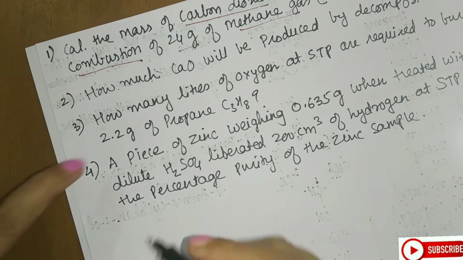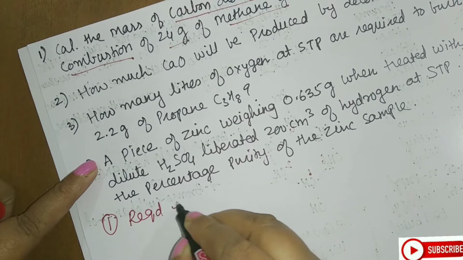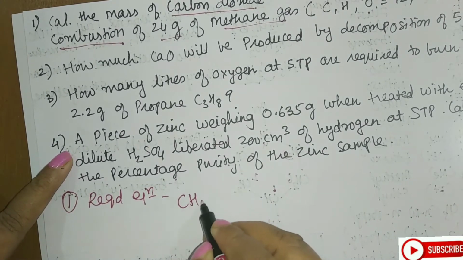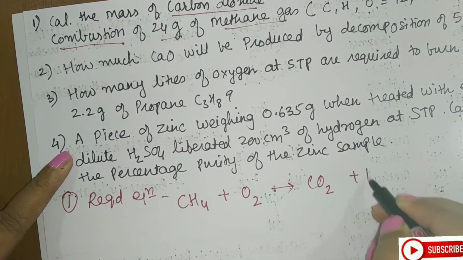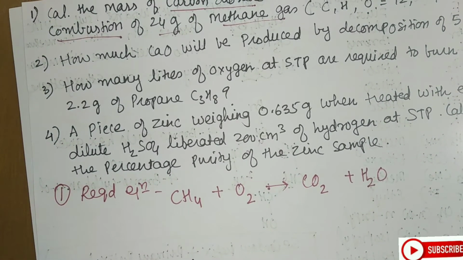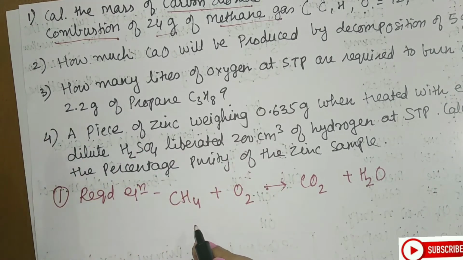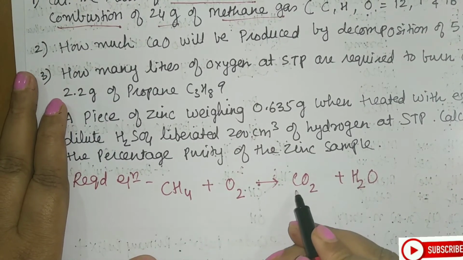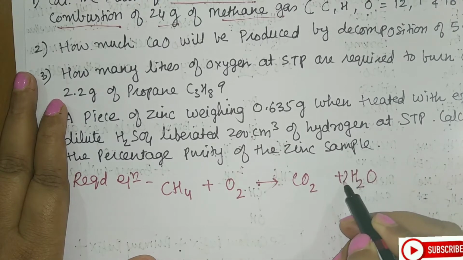So what will be your required equation? Let us write the required equation first. Your required equation will be combustion of methane. So it will be methane plus oxygen giving you carbon dioxide plus water. As I told you, here methane is getting combusted, so I will keep 1 mole of methane and I will balance the equation. You also try how to balance the equation. Here you have 1 carbon, here also 1 carbon. 4 hydrogen, here it is 2 hydrogen, so I will mark here 2.